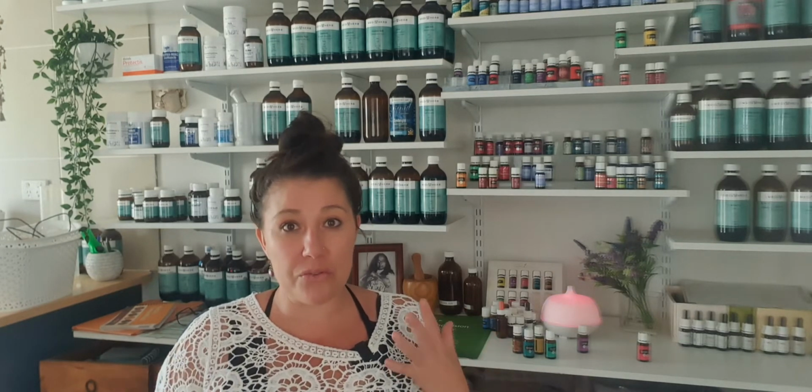So for those that don't know me, I am a naturopath, a herbalist. I work a lot with aromatherapy. My aim is to support holistic health, so using beautiful areas of health from the inside as well as the outside, because we are all needing different things. And this is why this topic today about supporting ingredients to support your blends is really important,